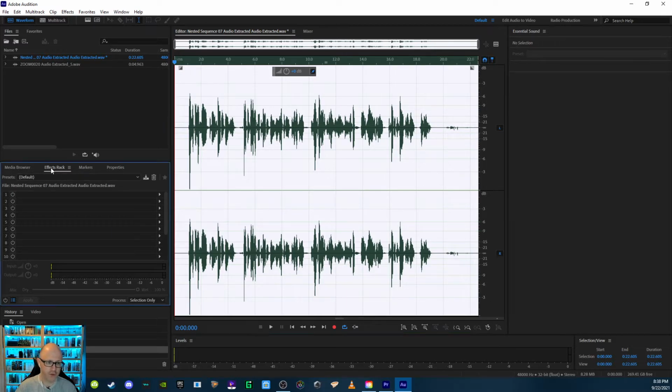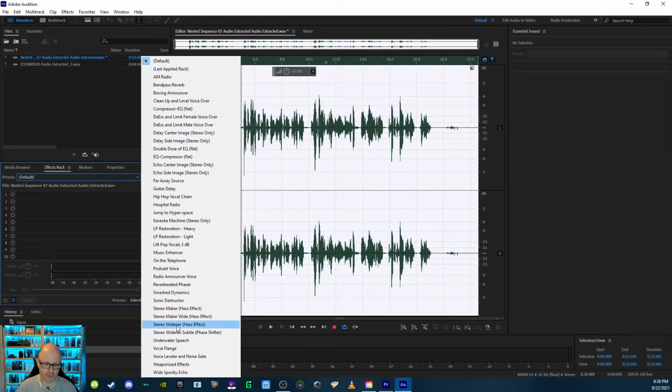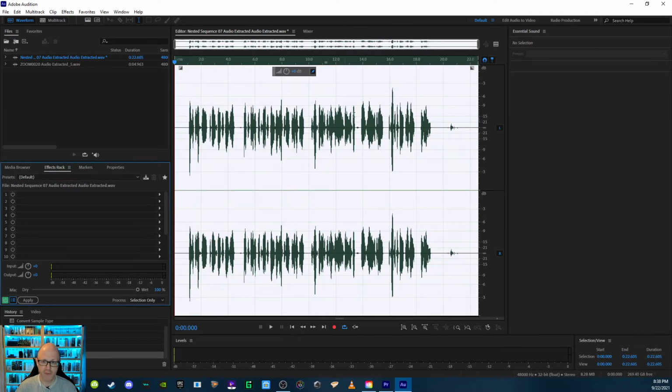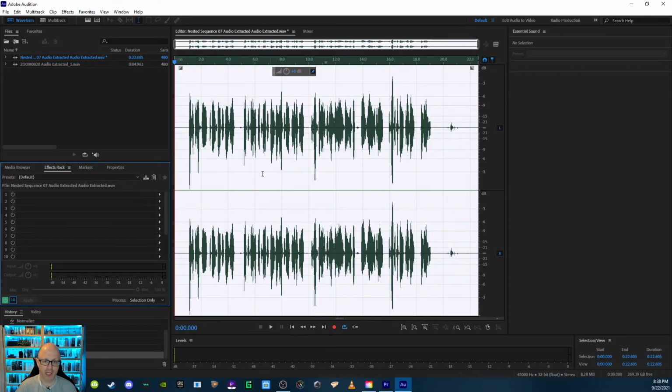What we can do is go to our effects rack, though, and just go to one of the presets, the default preset called Voice Leveler and Noise Gate. Going to add that and apply it, and there you go. You can see that the majority of them are now much better, and then you can go ahead and add in your normalize. If this still isn't good enough, and to me it's not good enough yet, what you can do,